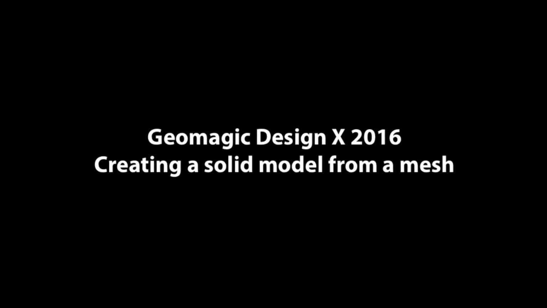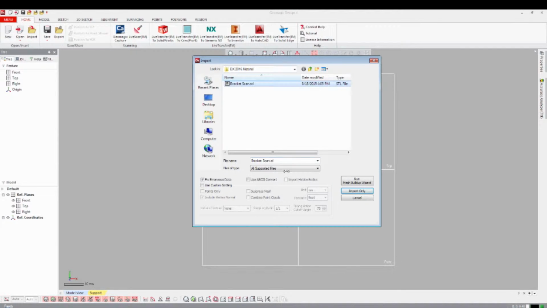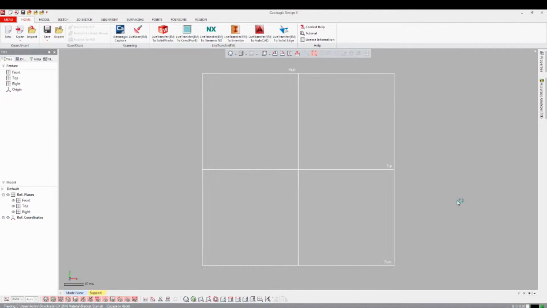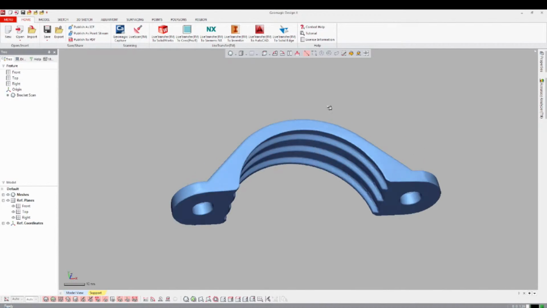Modeling a bracket from a scan in Geomagic Design X 2016. Import the bracket scan STL file into Geomagic Design X 2016. Once it is open, you will see the quality of the mesh is very good and that modeling can begin